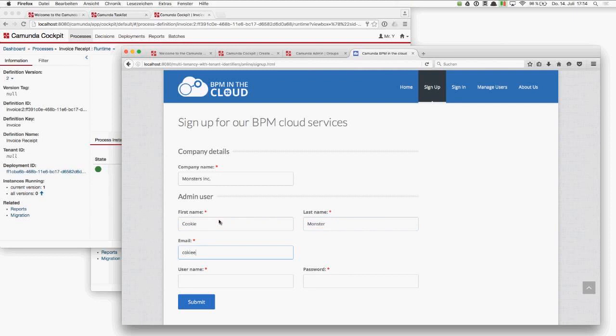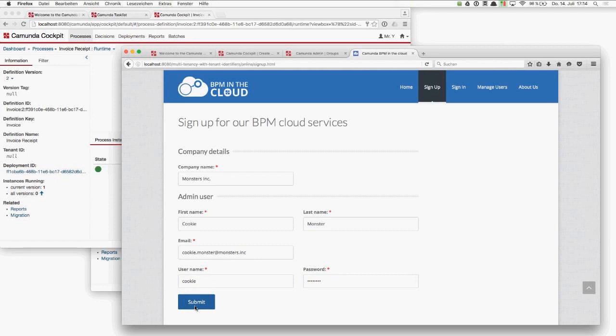His email address is cookie.monsters@monsters.inc. And of course his username is Cookie, because that's his nickname, and the password is hidden, secret password. So as soon as he submits,